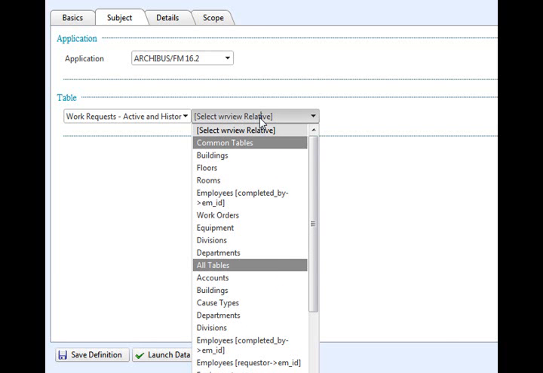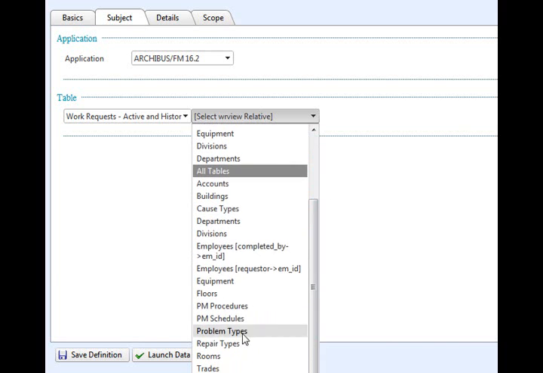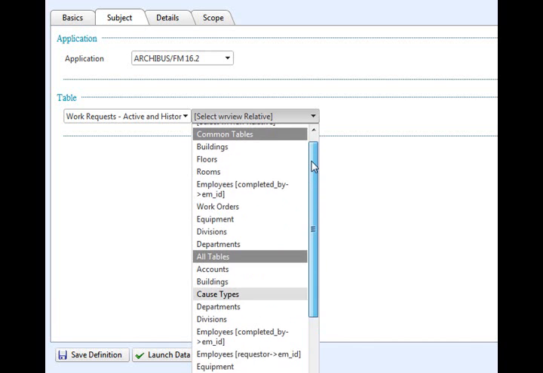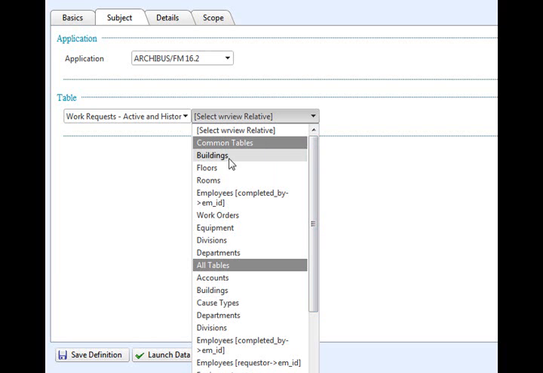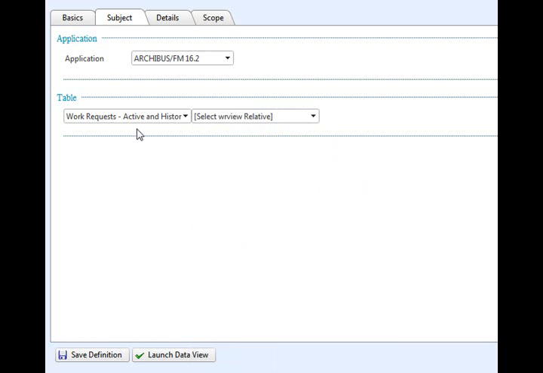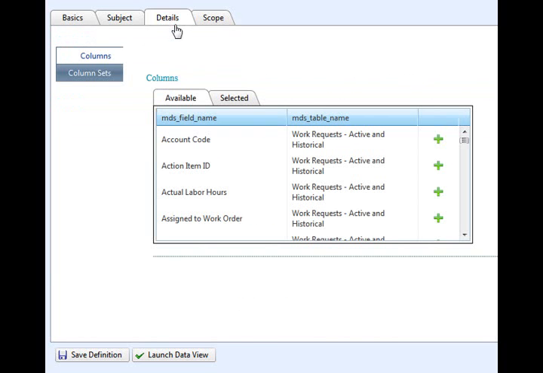Once we've selected a table, the system will then filter down the next list to be things that are related to that initial selection. So we can actually add a whole bunch of tables together here. With just a couple of clicks, we can end up with a really complex query. It's worth pointing out that if the field that relates the two tables together is different in the two tables, then the system will note that. As you can see, the completed by matches up with the MID in employee. We're going to leave it with just that one table for right now.